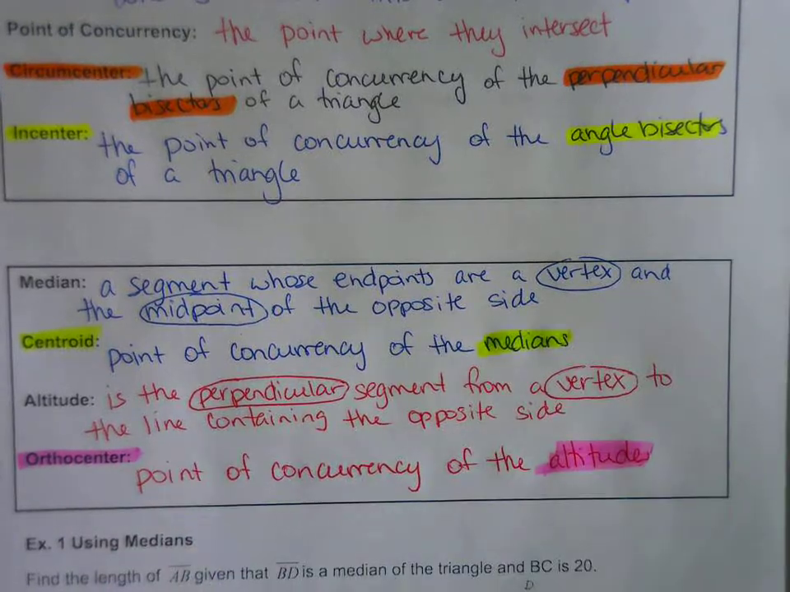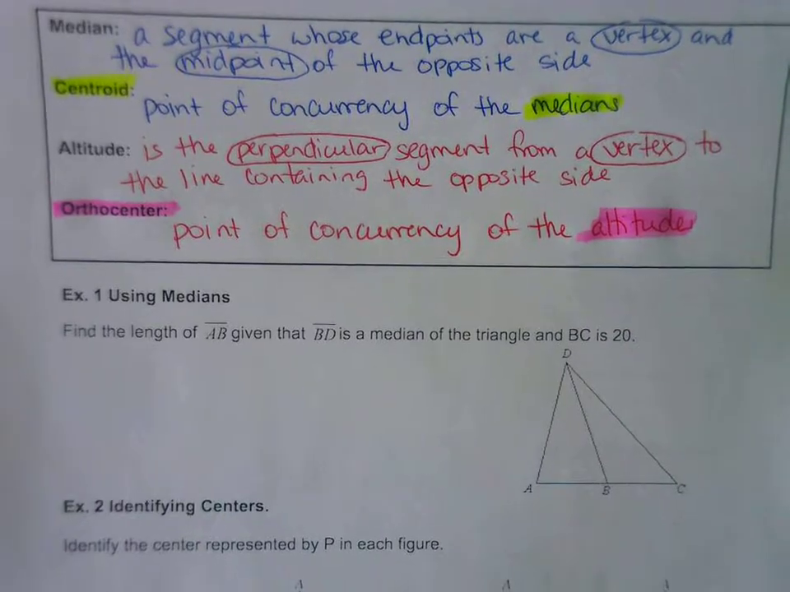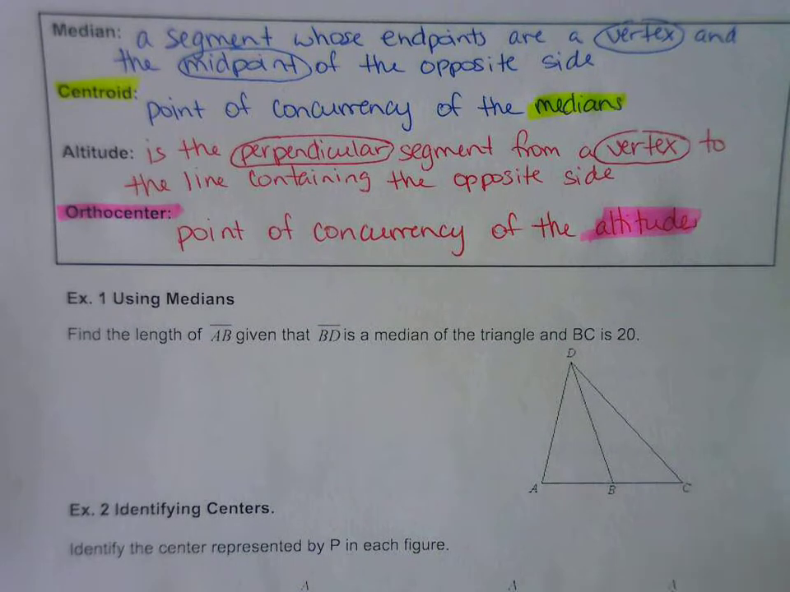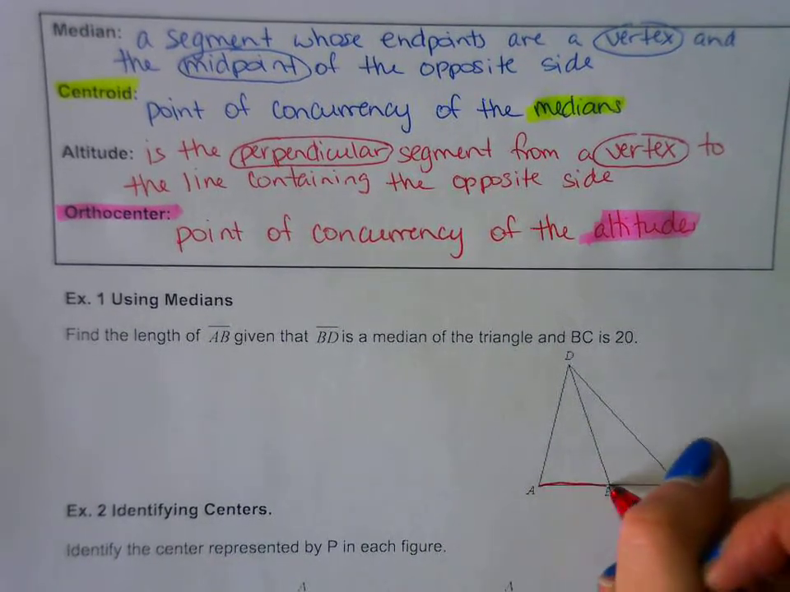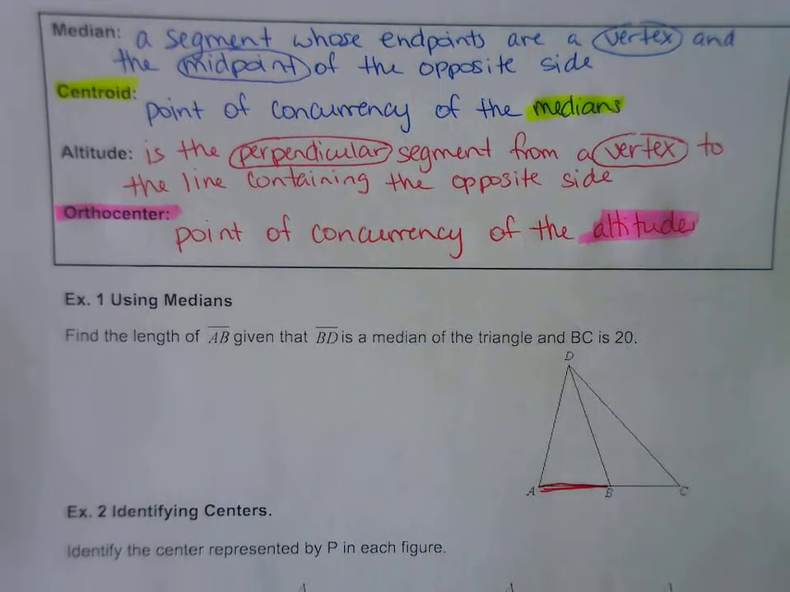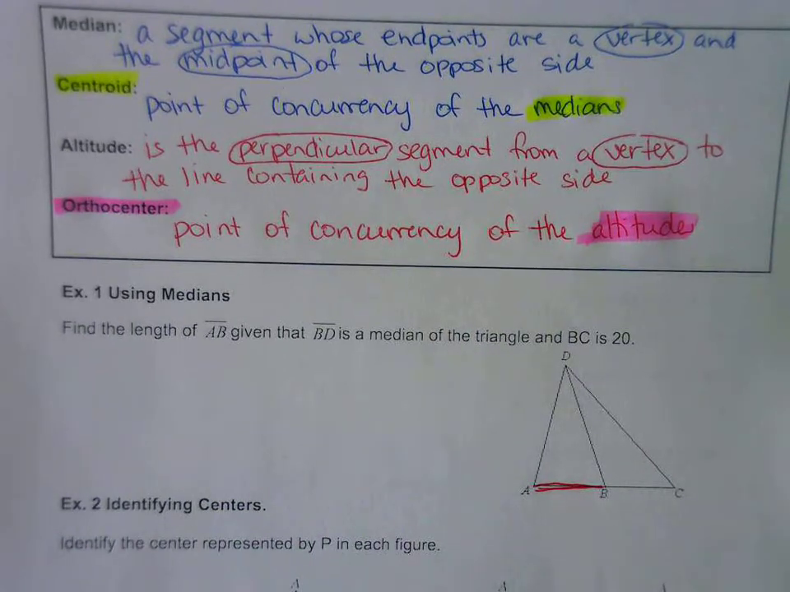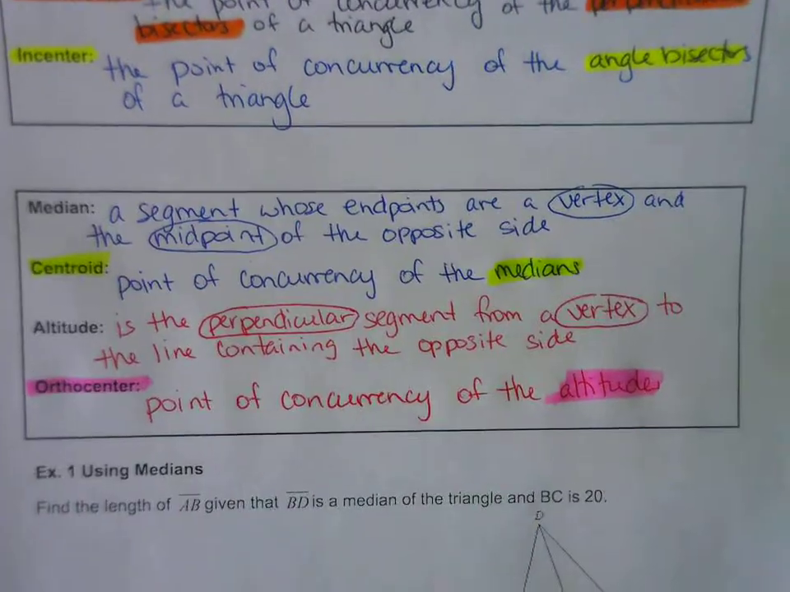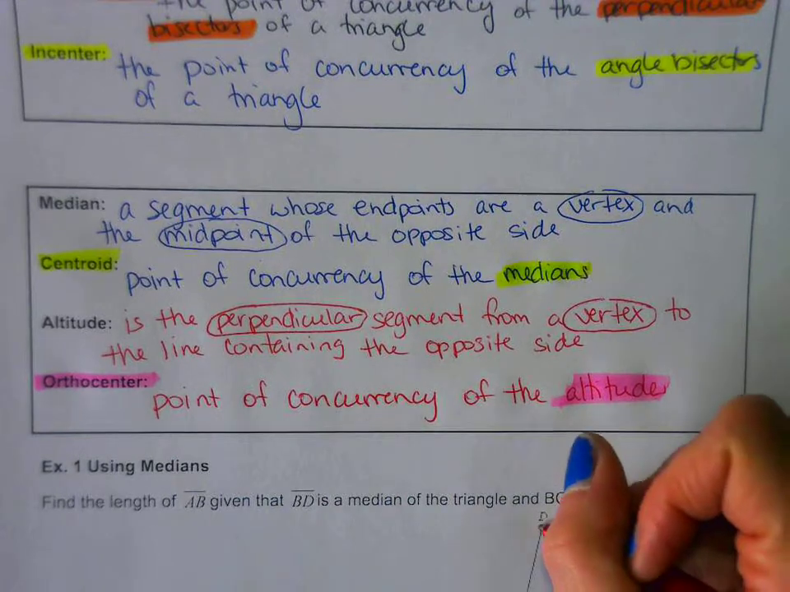So looking at example 1, we're going to be using medians and we want to find the length of AB. So we're trying to find this distance right here, given that BD is a median. So a median is a segment whose endpoints are a vertex and the midpoint of the opposite side. So BD starts at a vertex